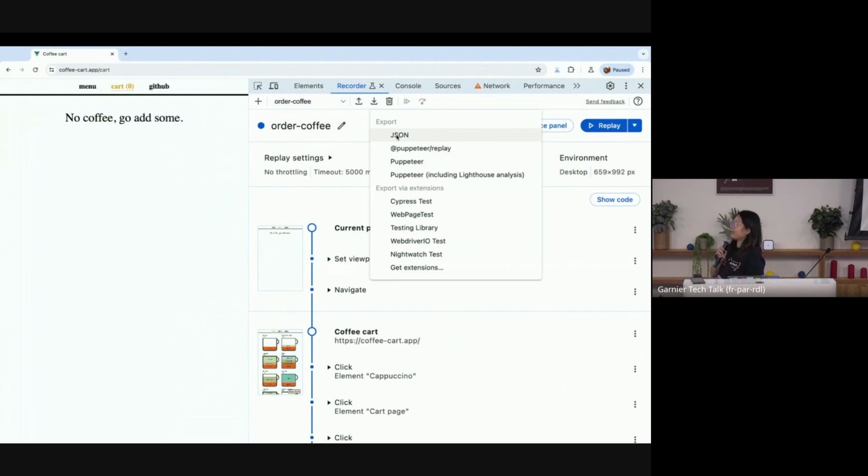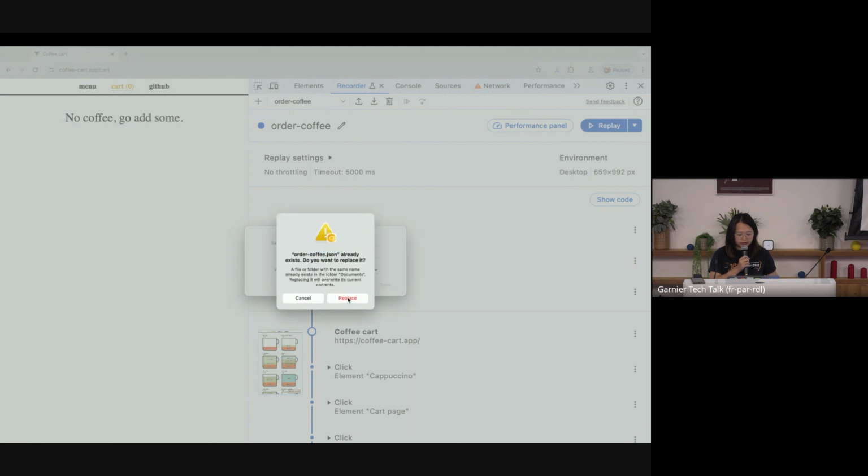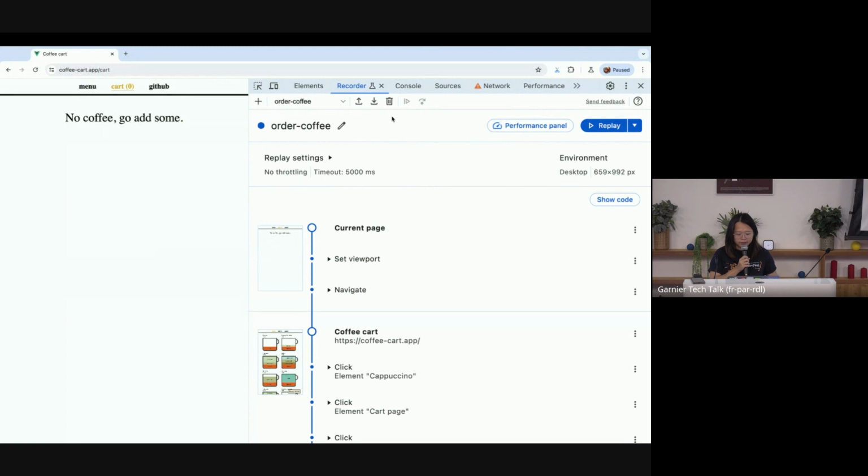You see I have a lot more options, but that is for you to explore later. By default, you can export it to JSON. Puppeteer Replay is another format, and Lighthouse is another format. So let's just talk about JSON first. If I export it as a JSON, save it to my documents, replace it, yeah, then I would delete